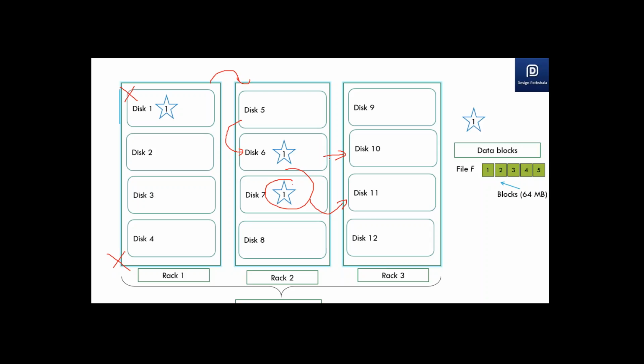Does the algorithm take care of placing the copies on racks with minimal amount of data or minimal current usage? So there are different things which come in picture: if the data node is processing something, if the data node has the bandwidth to copy the data, and how much data is there. These kinds of things are by default there in the algorithm, but definitely it's configurable. You can change these things by configuring the algorithm.